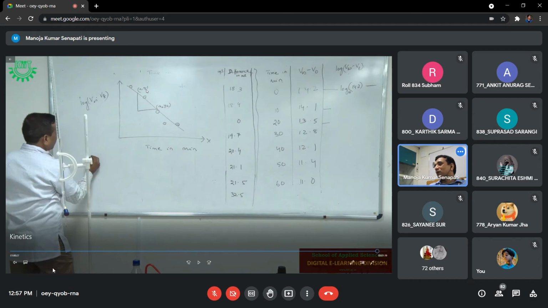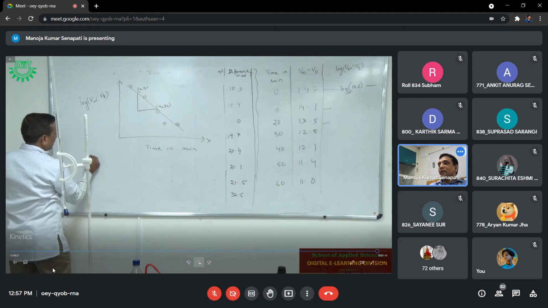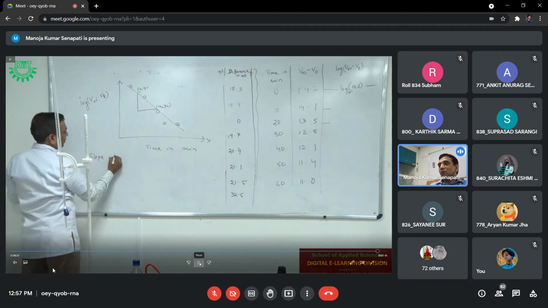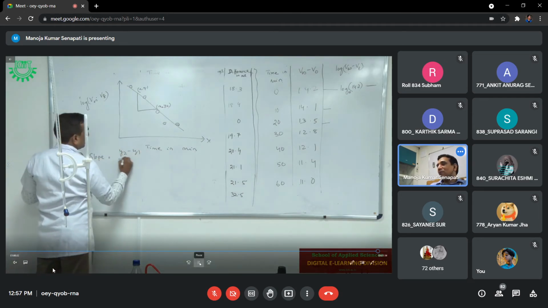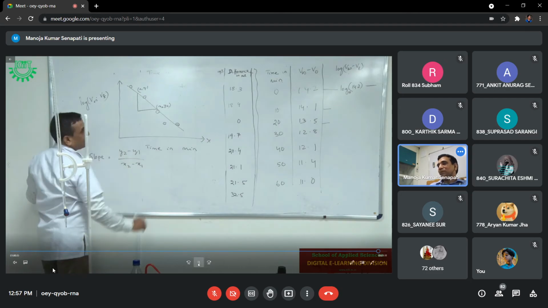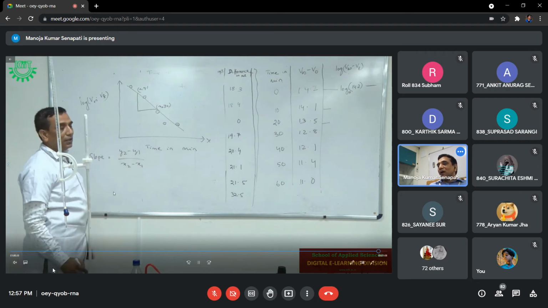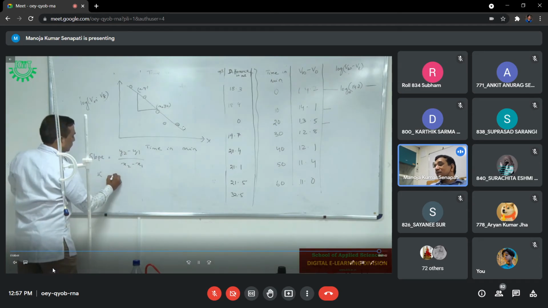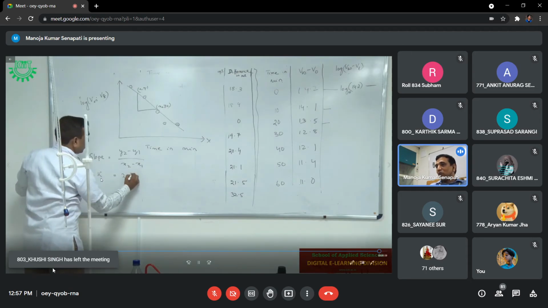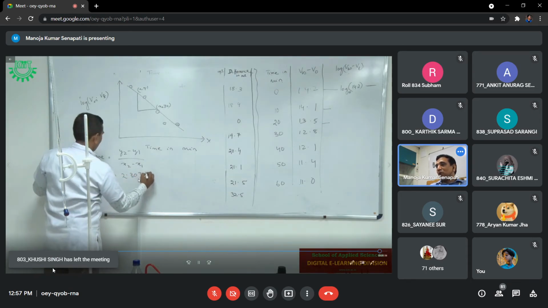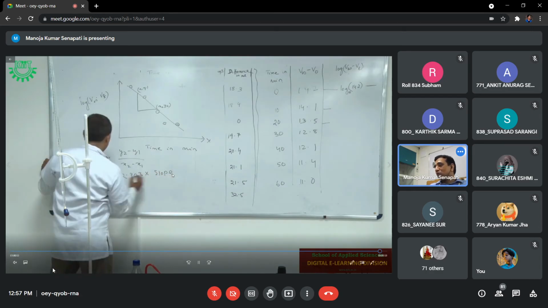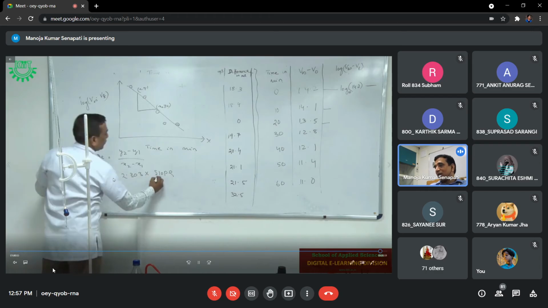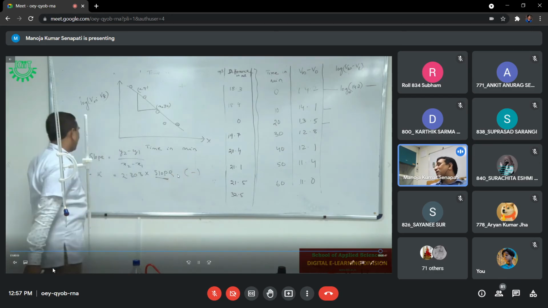Suppose x1 and y1, you can write their coordinates, and the other points should be marked clearly. Make a fine dot, encircle that one. And you see slope is equal to y2 minus y1 divided by x2 minus x1. And whatever slope you are getting, the slope definitely will be a negative one because it is a descending line. And you know minus k is equal to 2.303 into your slope. This is the value of minus k. So k value will be a positive one because slope is the negative one.